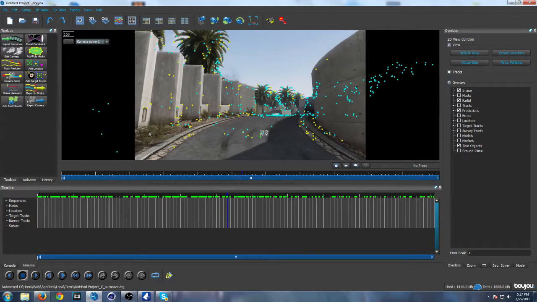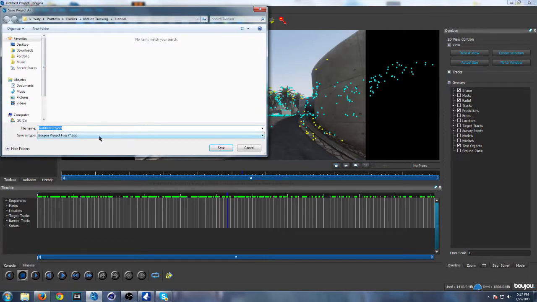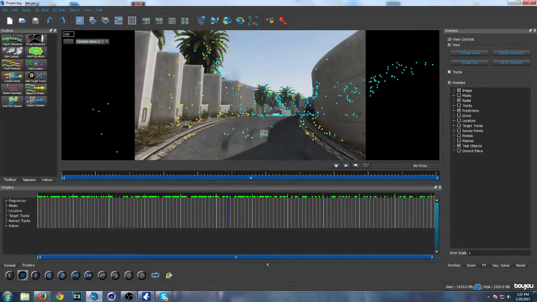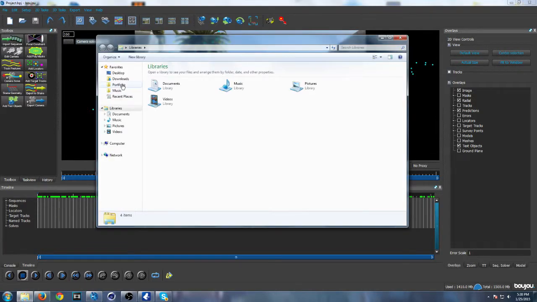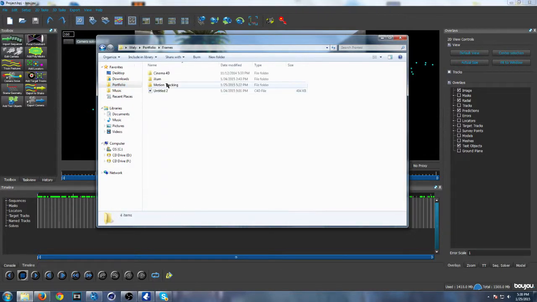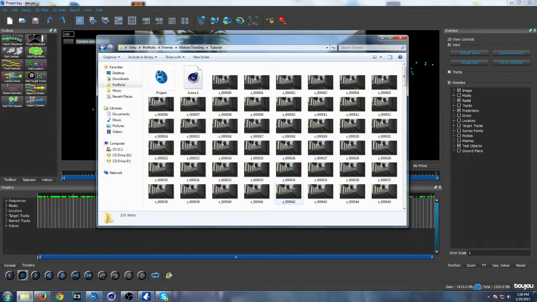Now you want to save the whole BouJou project as well. Just click file, save as, and it should be saved at the last position. Just call this project. You don't have to rename it. If you want to rename it, you could, just to be more organized. Now you just want to click save, and what this does is that in case you mess up on your tracking, you could come back here and re-choose the points. So as you can see in my frames folder, in my tutorial folder, I have my project, my scene 1,